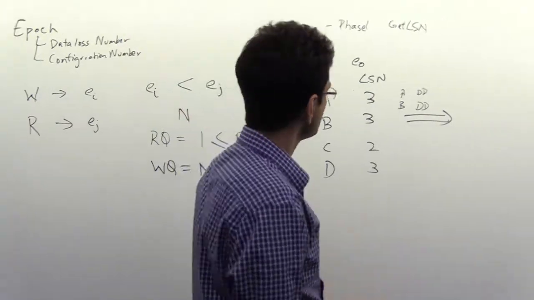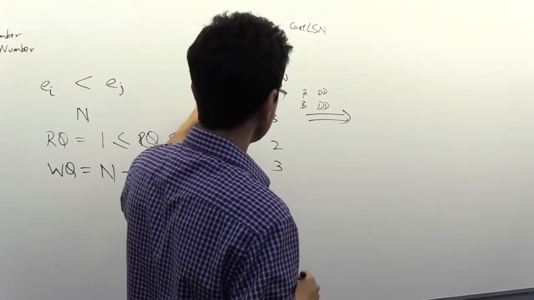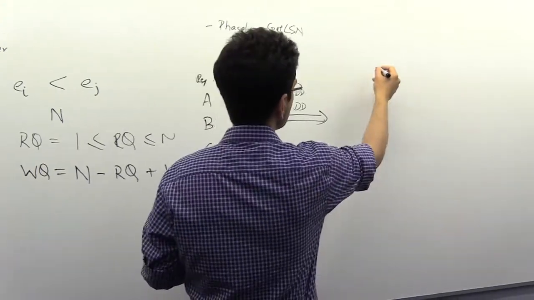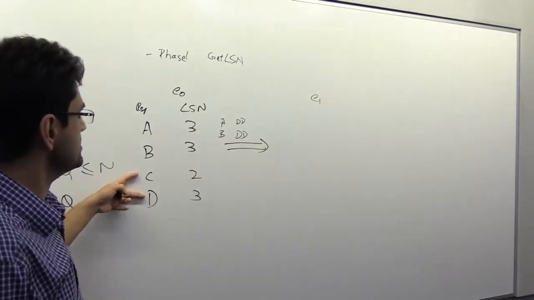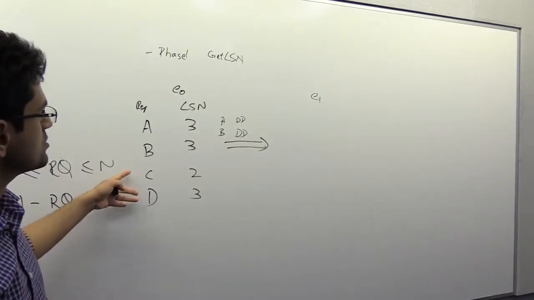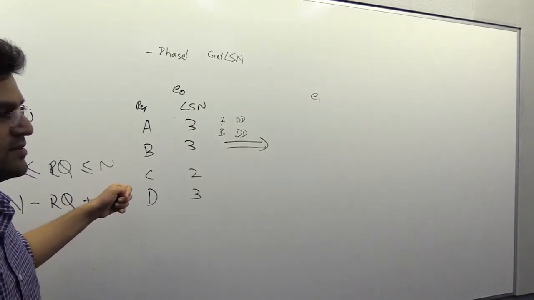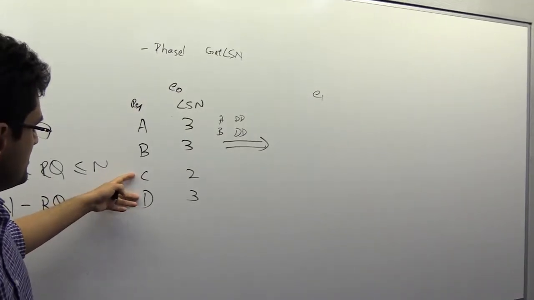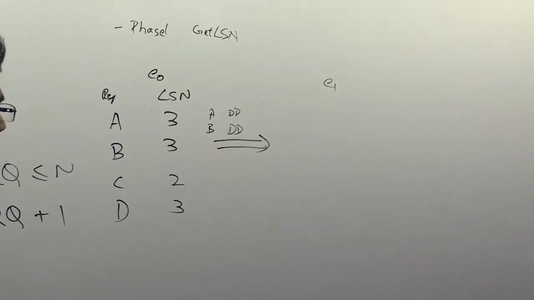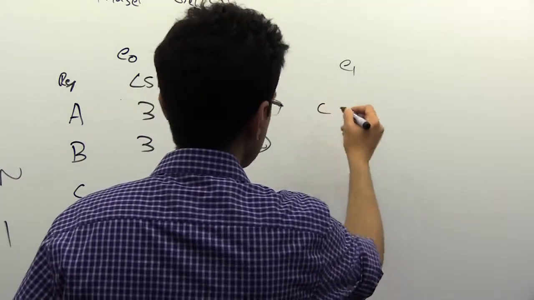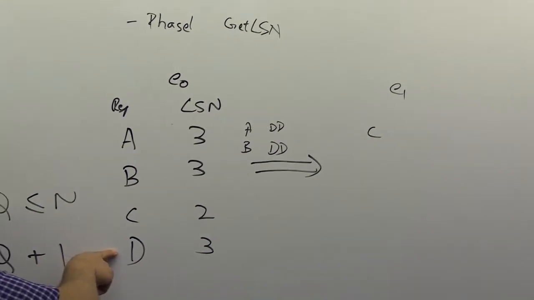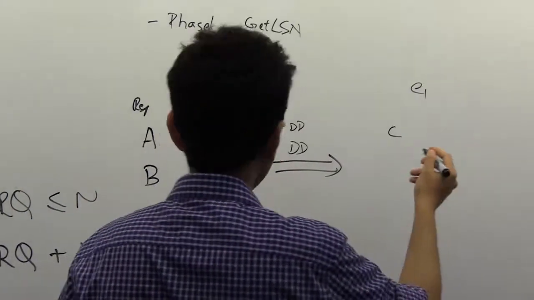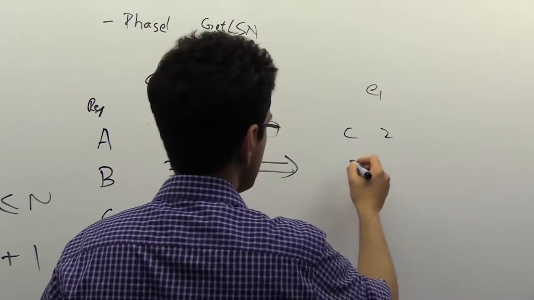Okay, cool. So at that point, we're going to have a reconfiguration and we're going to move to a new configuration that has, let's say, just C and D. That's problematic for other reasons though. So let's say we have just C and D, and the get LSN phase is going to ensure that D is picked as the new primary.